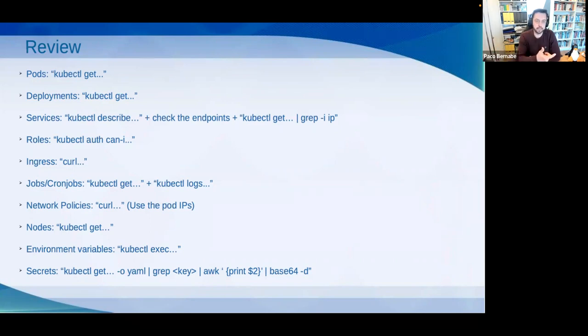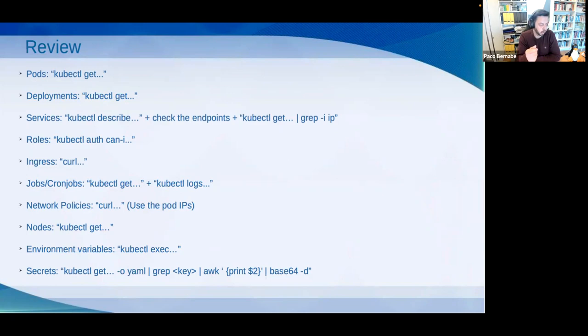So then you don't have any endpoint. That means that exercise or task is not valid, because you cannot access the service. Let's say for roles, you can check if you can do what the role is supposed